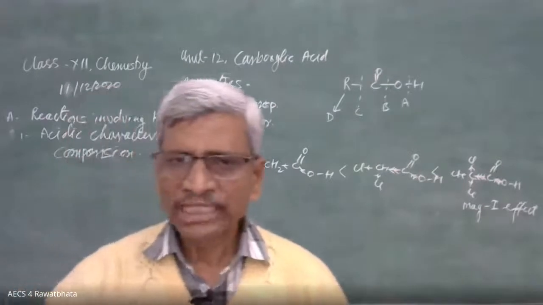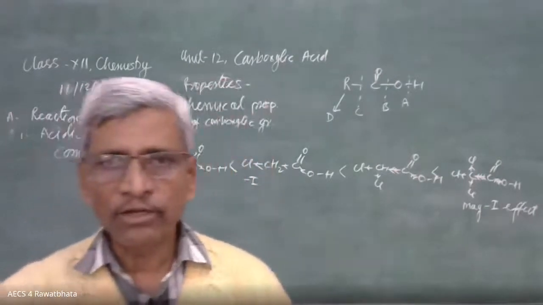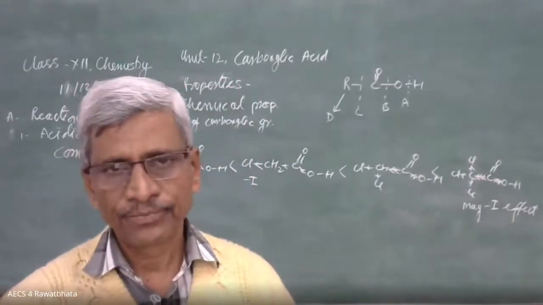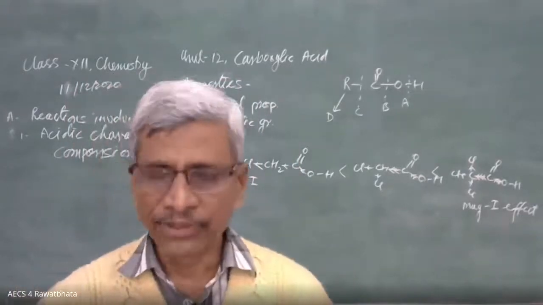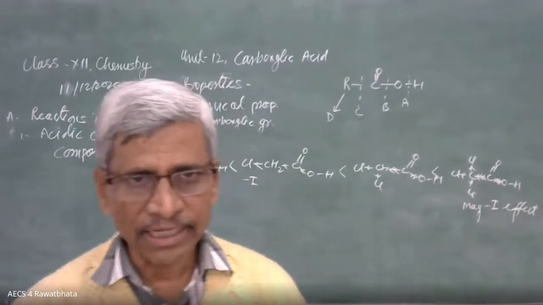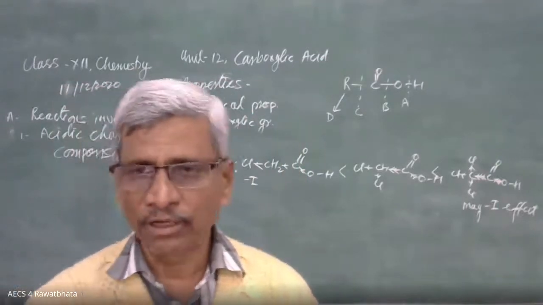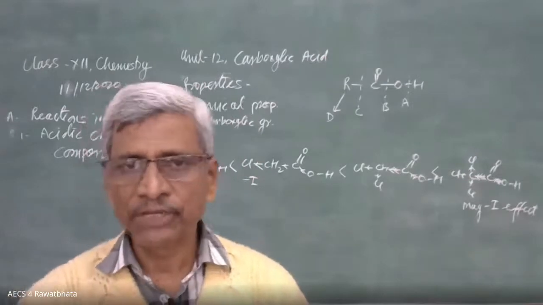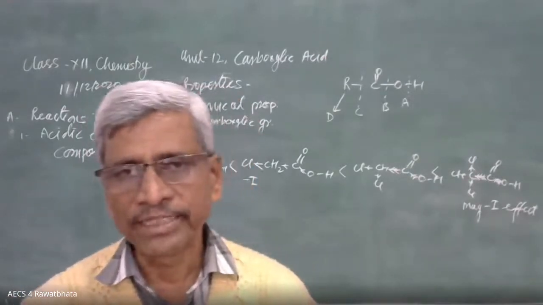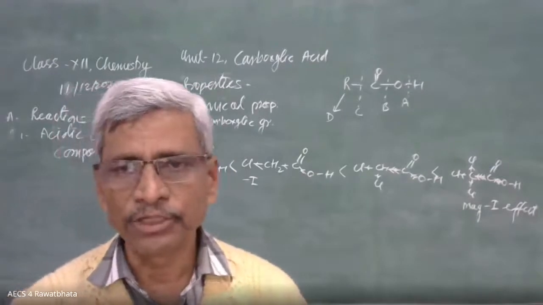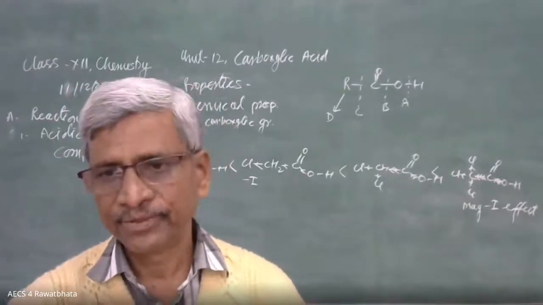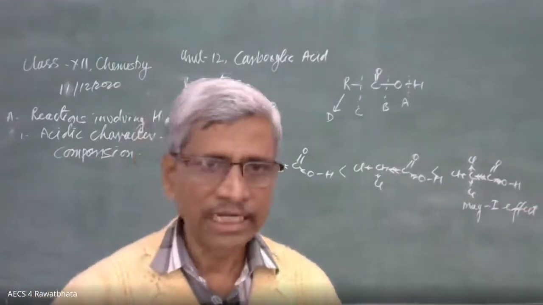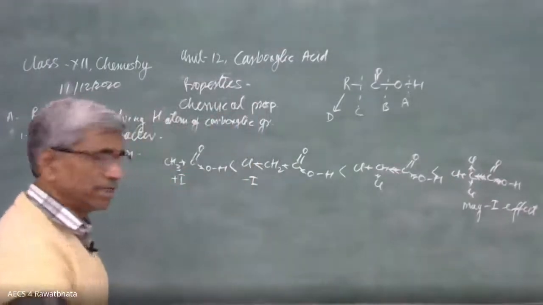Okay, beta? So this type of comparison they are asking. Why is chloroacetic acid more acidic than acetic acid? This is the reason. In acetic acid, there is a plus I effect, increasing electron density over oxygen, while in chloroacetic acid, because of the minus I effect, it decreases electron density over oxygen and release of hydrogen becomes easier. So that is the reason. Okay, acidic strength clear?